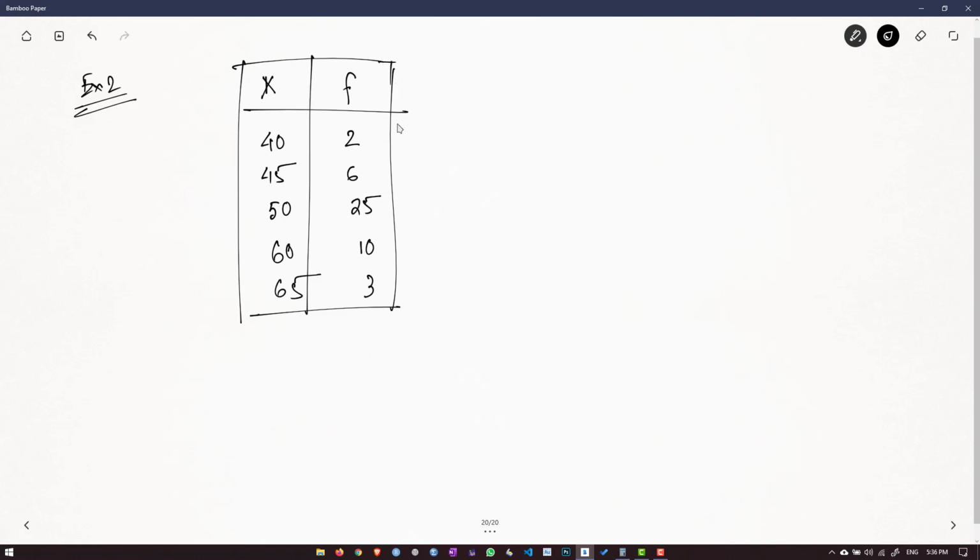method. So first thing first, you will have to find D. D is x minus something, divided by something. Now you see that all these numbers x, 40, 45, 50, 55, 60, 65 are divisible by 5, right? All of them are divisible by 5. So we can divide them by 5. So let's take h as 5, right? And a is normally, we always take the middlemost value in this sequence as a.